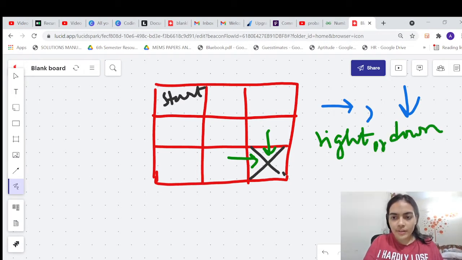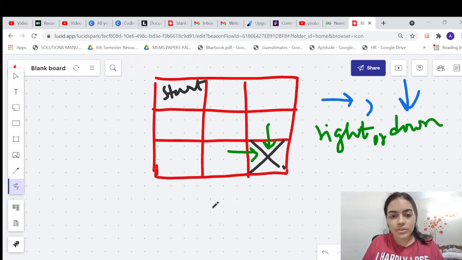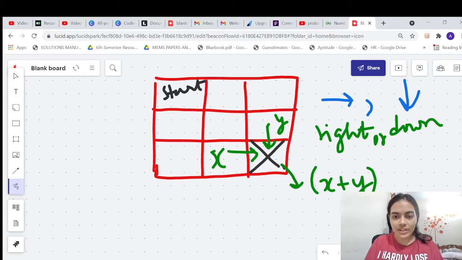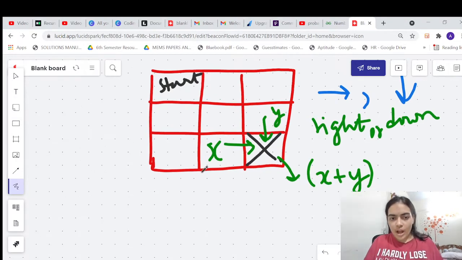So you can only come from these two cells. Okay, we have figured out this at least. So now if we somehow knew the number of ways to travel from these two places, we can just add those ways. If we knew, for example, there are x ways to travel from the left cell and there are y ways to reach the above cell, we can just get our answer by doing x plus y. So this is the simple logic, right? So how do we get x and y? Do we know x and y?